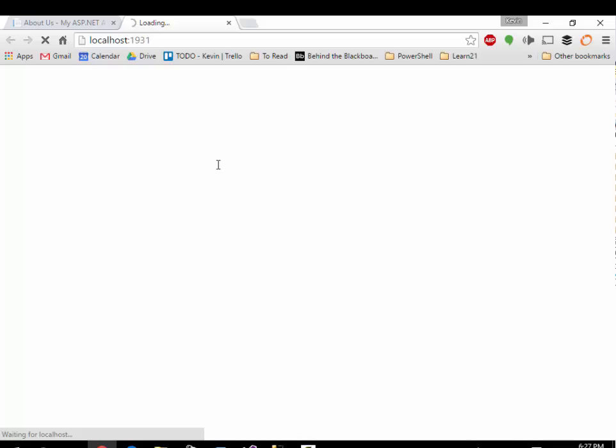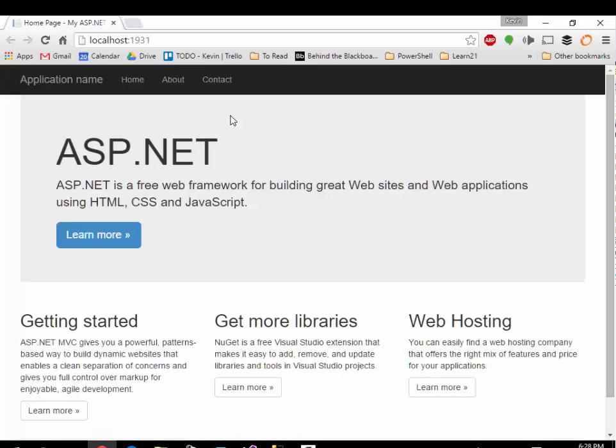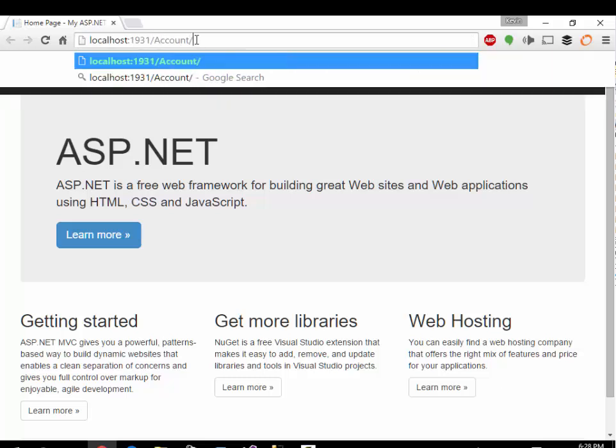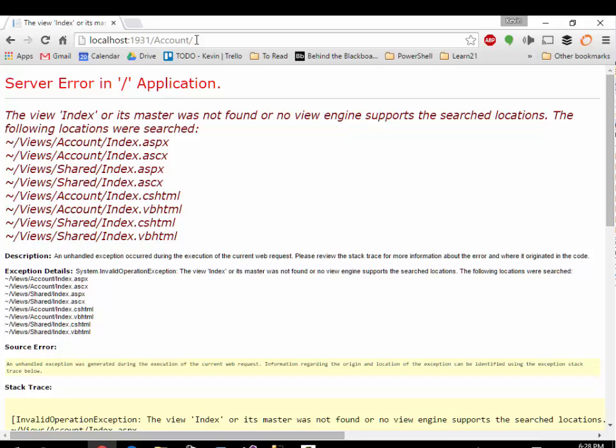So let me recompile and reload. So this is our home controller's index action. I'm going to go ahead and call up by going /account/. I'm going to pull up my account controller index action. So what it came back and told me, a few things. One, by just going /account, it inferred that I wanted to use the index action. So the error message tells you the view index or its master was not found, or no view engine